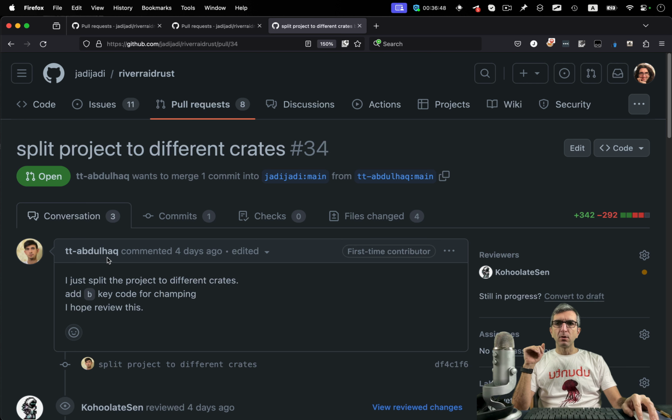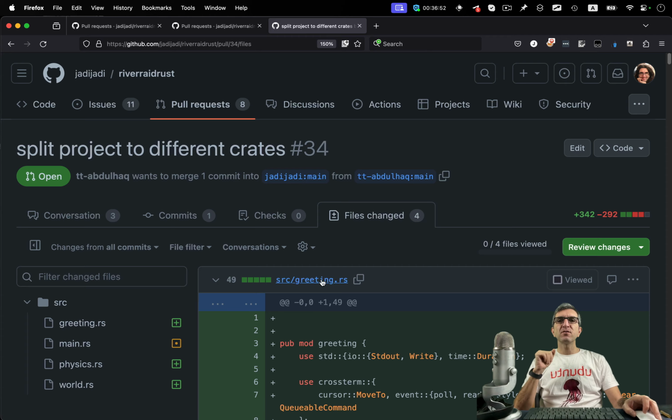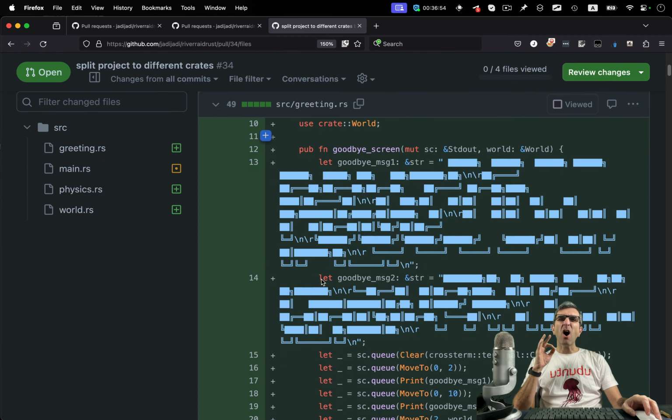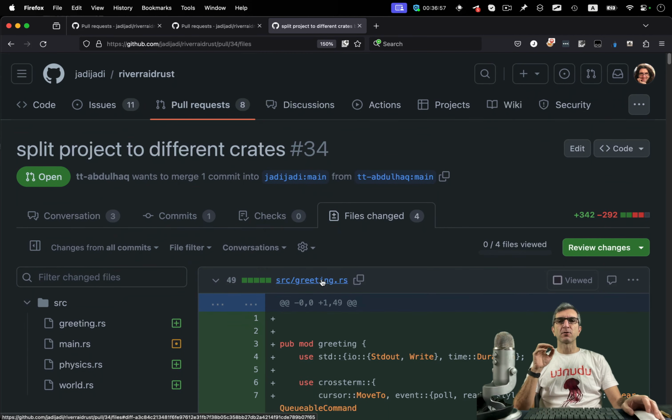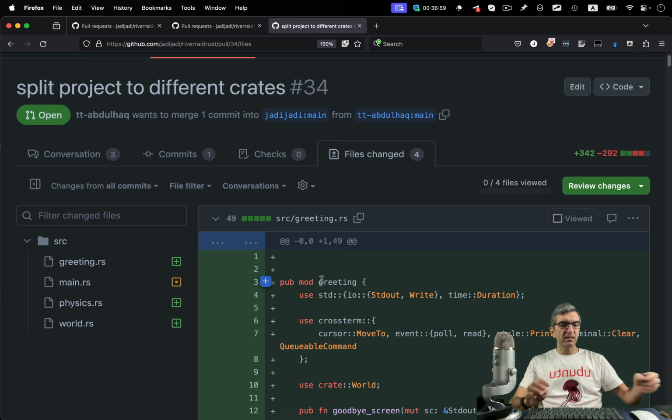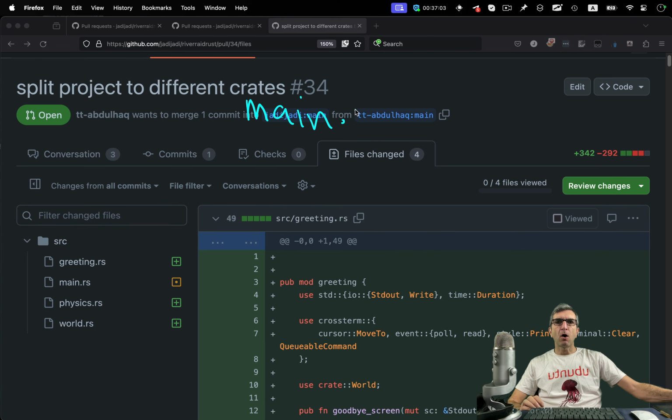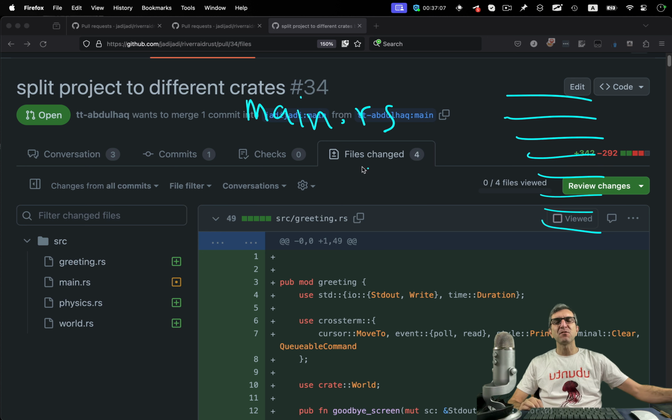TT Abdullah Haq, I think, has done this, but there is a huge problem. This is highly dependent on the current code, because now I have one ugly main.rs and everything is here. It would be much cleaner if we had different files for different ideas.